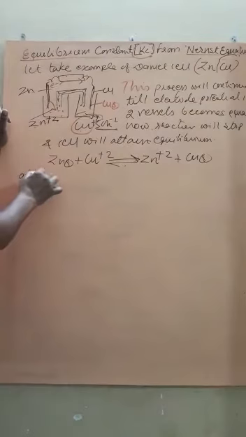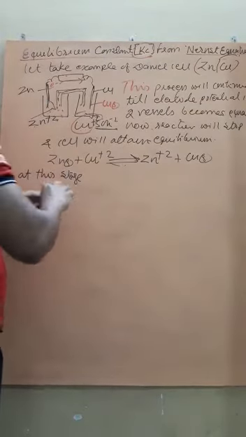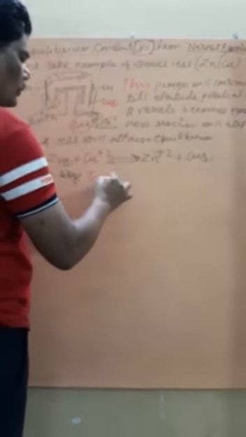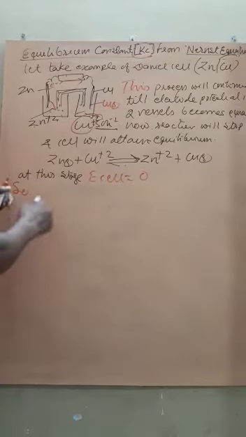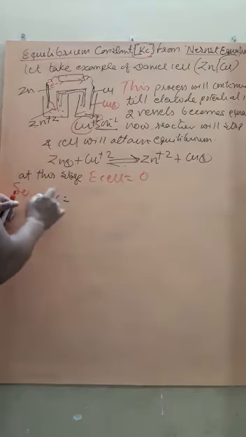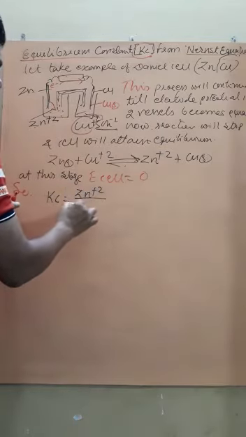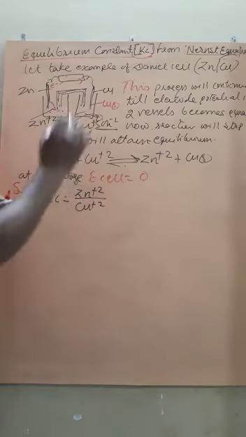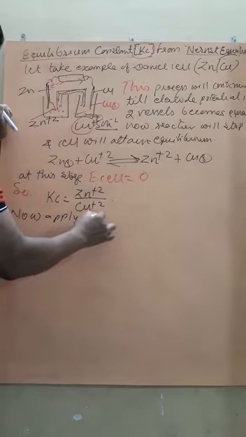At this stage, there is no flow of current, therefore E cell becomes 0. Hence, here Kc is equal to Zn2+ cation divided by Cu2+ cation. Now, applying the Nernst equation,